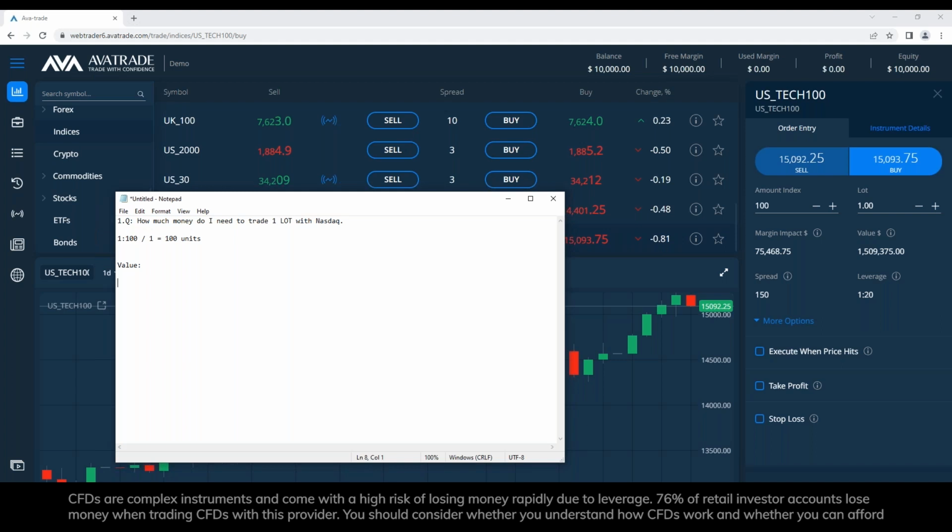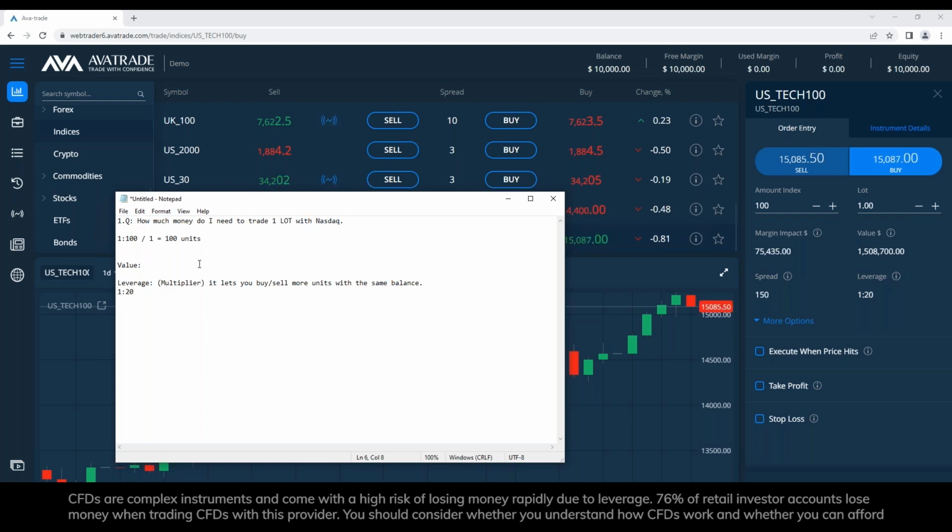Second, underneath value, is going to be the leverage. Why do we need to know the leverage? Because leverage is a multiplier. What it does is it lets you buy or sell more units with the same balance. Leverage could be from 1 to 2, I believe, to 1 to 400, that's what I'm familiar with, even 500 in some cases. That depends on the account. In this case, the leverage is 1 to 20, so we're going to put 1 to 20 here.